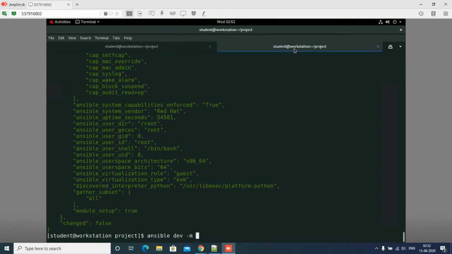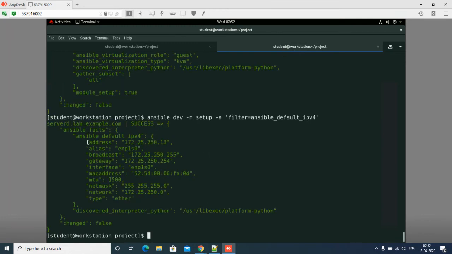I will say hyphen m setup hyphen a, hyphen filter. Filter is equal to ansible_default_, what we filtered the previous time. So let's filter it again. The Ansible spelling has a little mistake here.